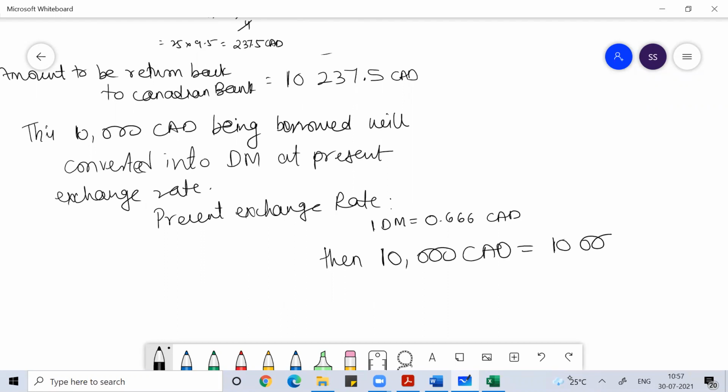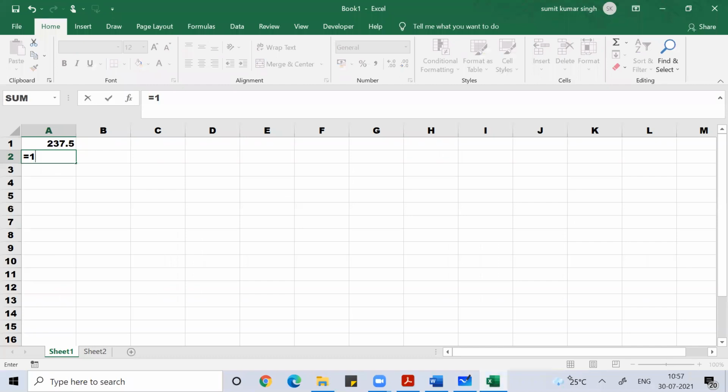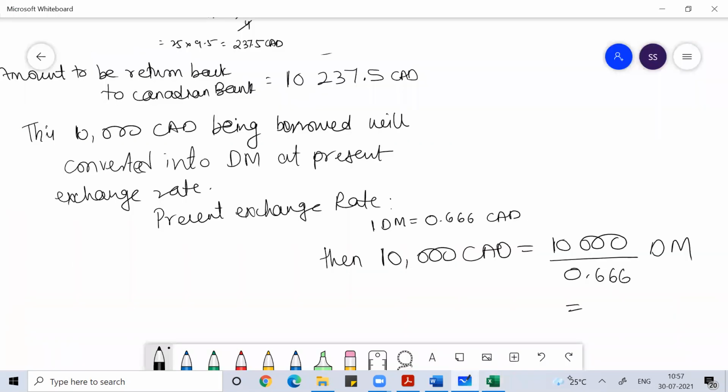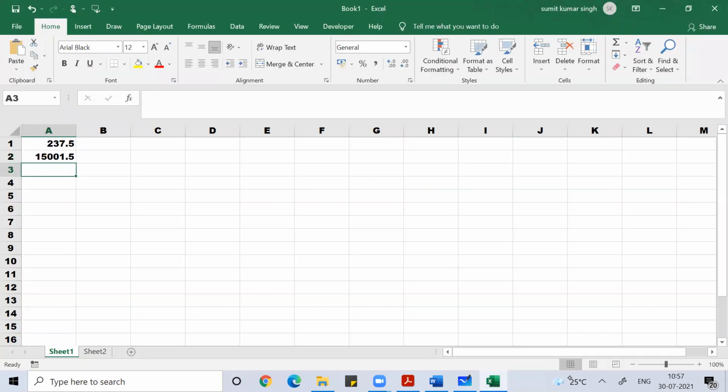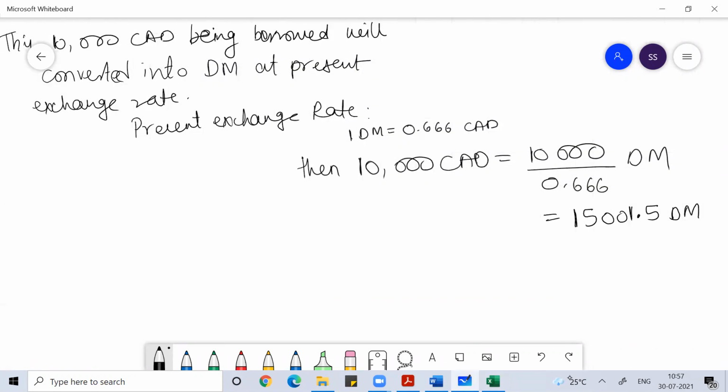That will be 10,000 divided by 0.6666 Deutschmark. So you will get that much Deutschmark. So 10,000 divided by 0.6666. That is 15,001.5 Deutschmark. So you will get this much Deutschmark. So 15,001.5 Deutschmark will be invested